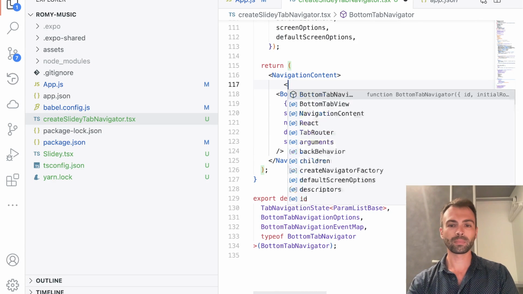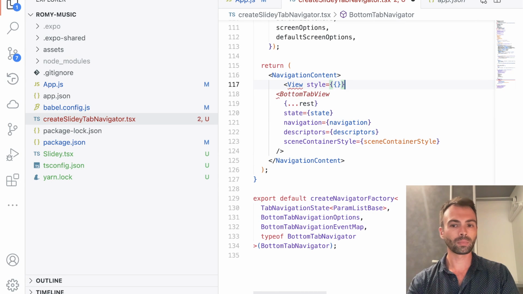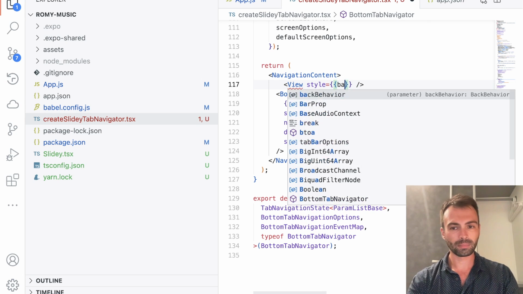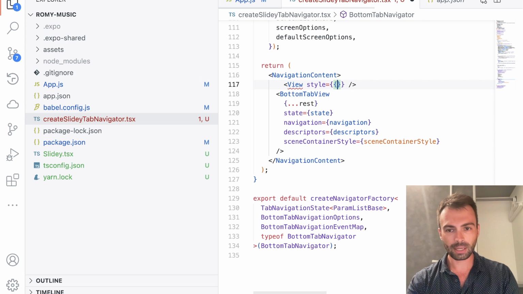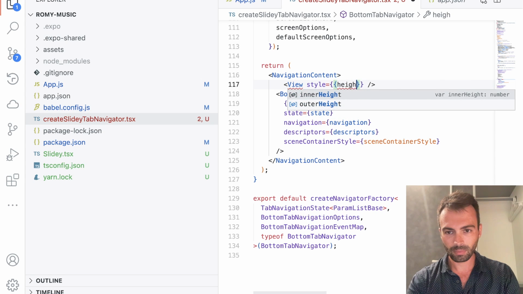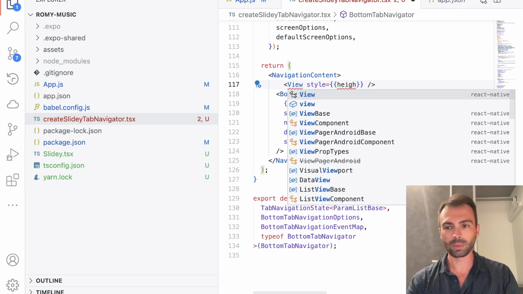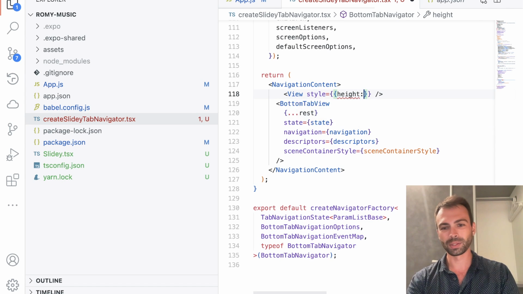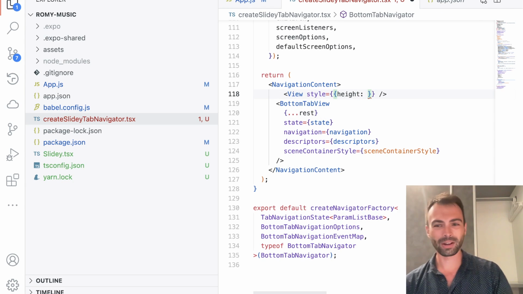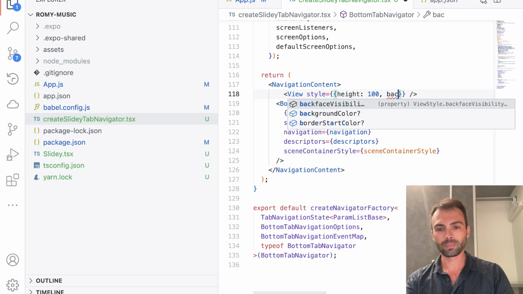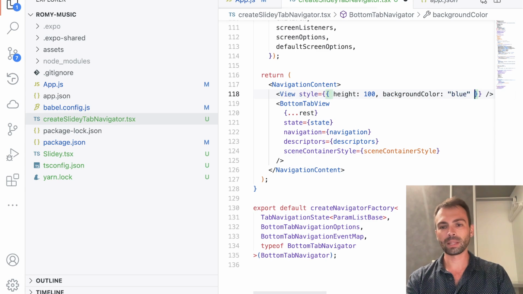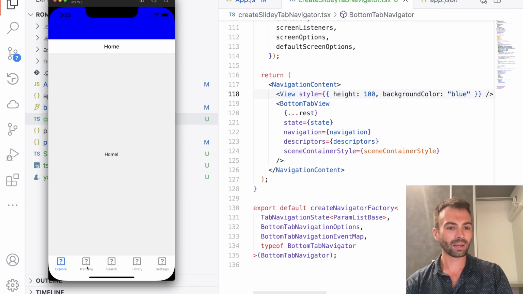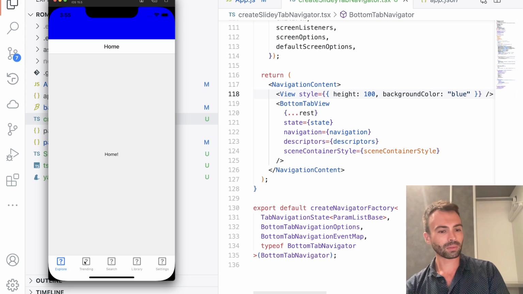Like maybe what if we put a view here with a style set to something like background color, or set a height. Okay, the reason autocomplete isn't working is because I haven't imported the view. So when your editor is not helping you, it's usually because you haven't given the editor what it needs to know. And now my life is easier because I can autocomplete all of these things. Okay, look at this. Oh, huh. As soon as I added that view,